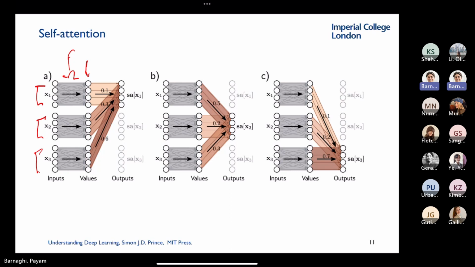It means X3 pays an attention of 0.6 to X1. And if you are representing your X3 with a four-dimensional vector, every single dimension uses exactly the same weight. Is that clear? It's just to make it computationally tractable and manageable. Does that make sense? If you haven't worked with neural networks, I'm afraid this could come across as a little complicated. But if you're familiar with neural networks, basically we have created a neural network. Imagine these are three fully connected networks, and the dimensions of input and output are exactly the same.